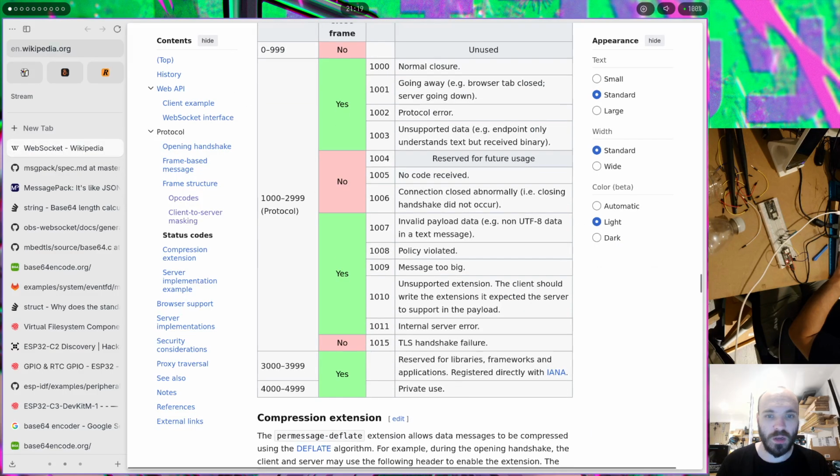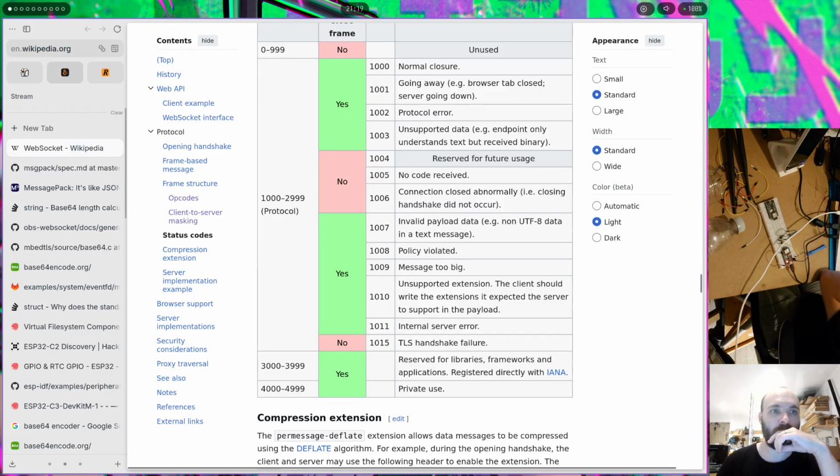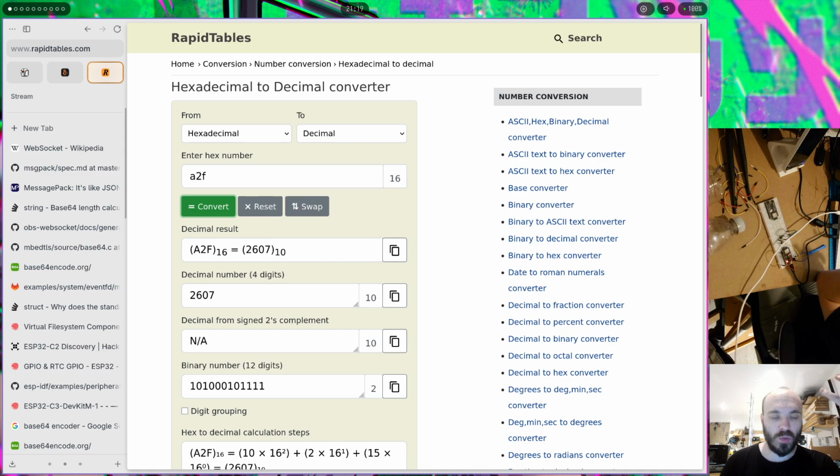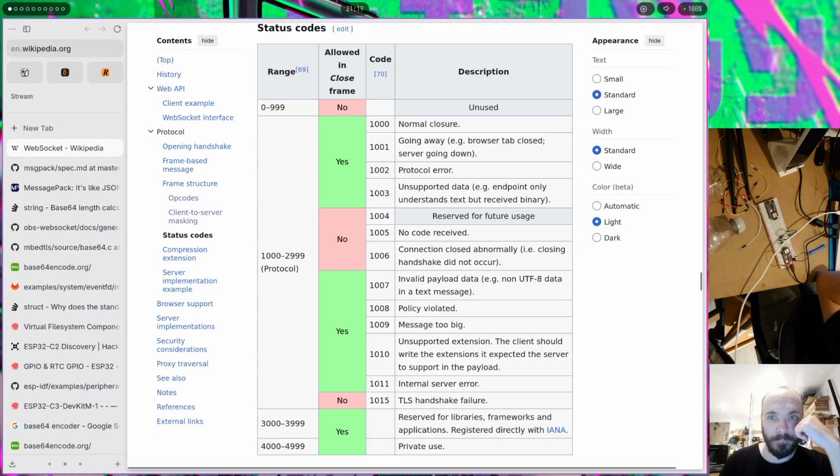I don't really have a 4000. Reserved for library framework, and so for 4000, private use. This would be private use. 2006, and this one is, so 4 would be, but the 2001 in here